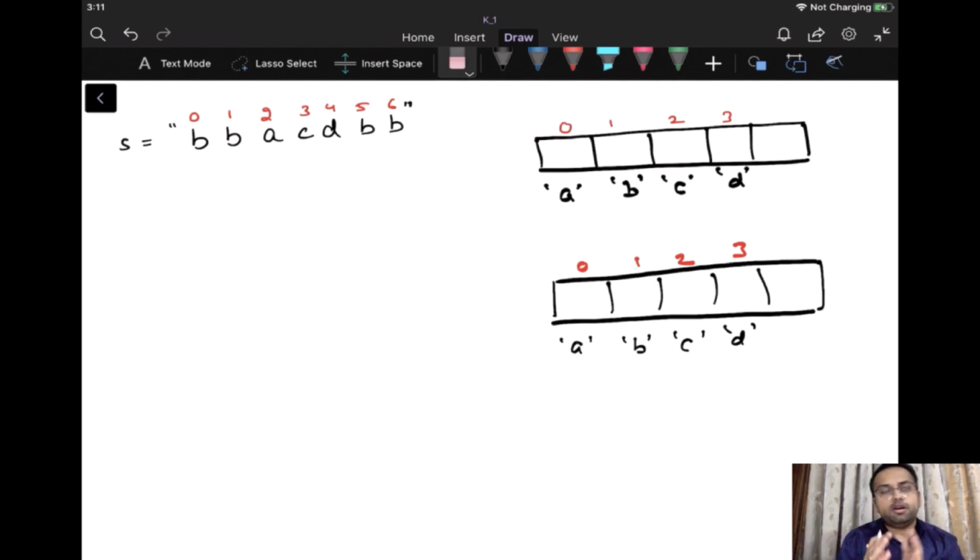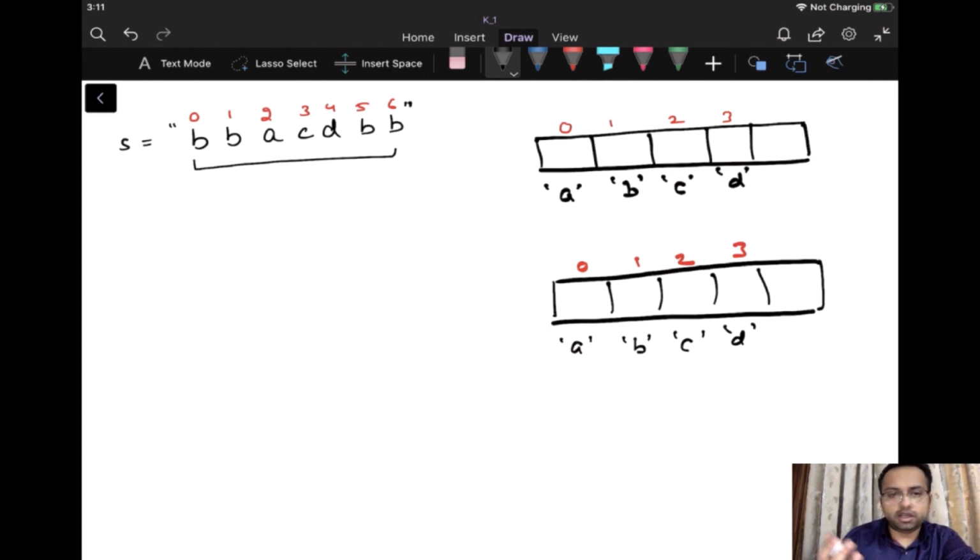So see, the problem is, and we can do it using a stack, but before moving towards the algorithm, let us try to visualize how we can do it. Suppose that we are given this string, and in this string there are certain characters. So which position should I include for a particular character and which position should I not include?